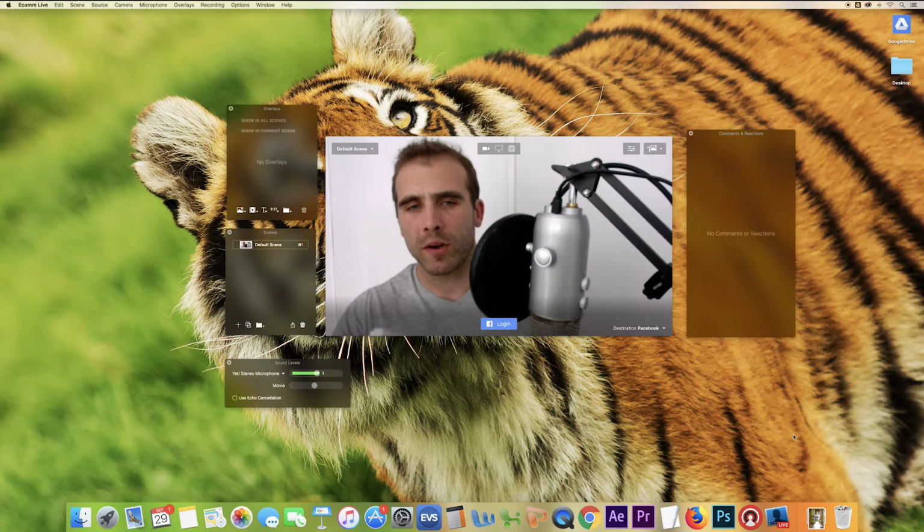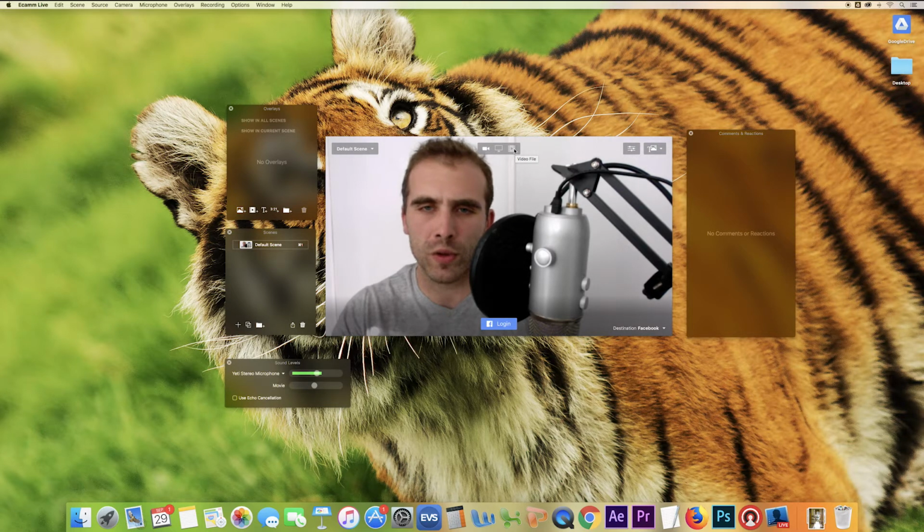Now, when you first open up eCamm Live, you're going to see a number of windows here. Now, the main one in the middle is going to be the content that's streamed when you go live. But you can switch this from the webcam that you've got built into your computer, which is set by default, or if you want to have an external webcam plugged in, you can do that. Or you could even have a DSLR camera plugged in via HDMI and you can select that instead. Alternatively, you can share your desktop, whatever's on your screen, by clicking this middle computer icon here, or you can even play a pre-recorded video or a video file that's stored on your computer by clicking this